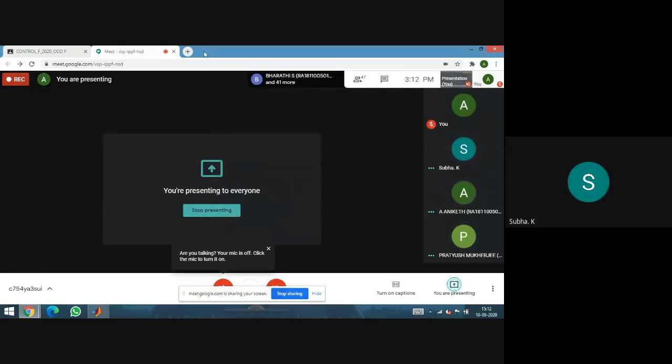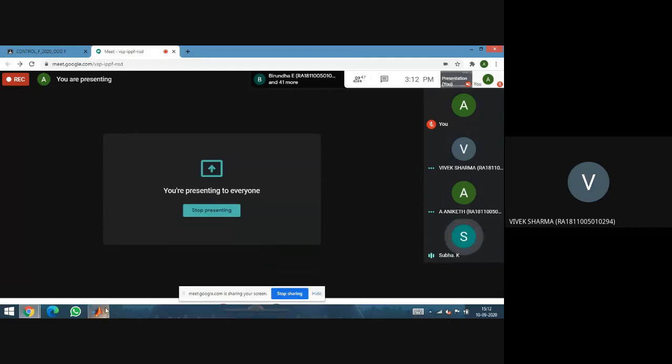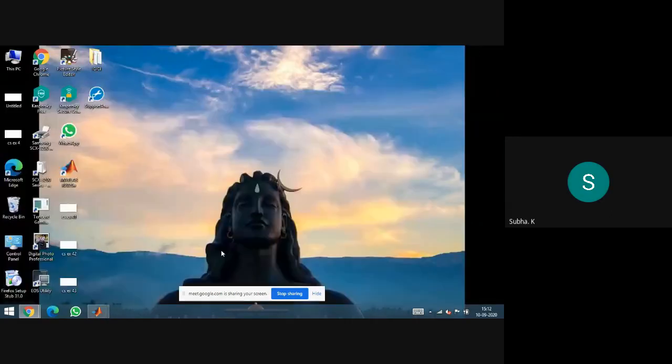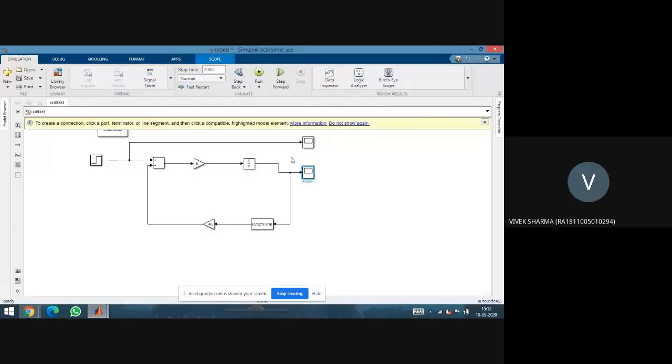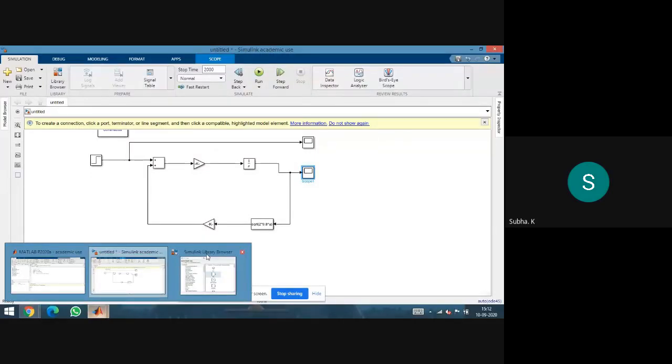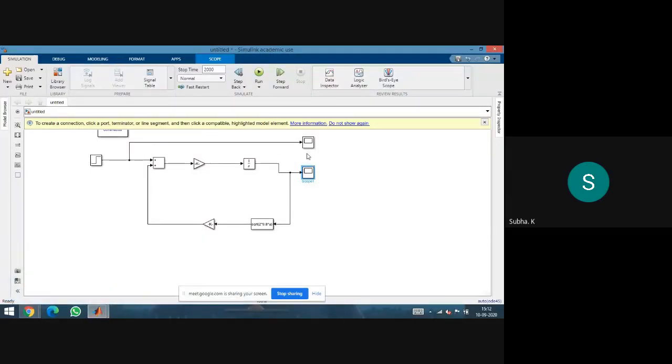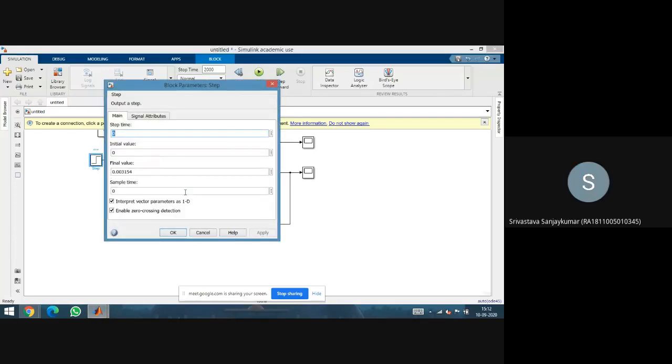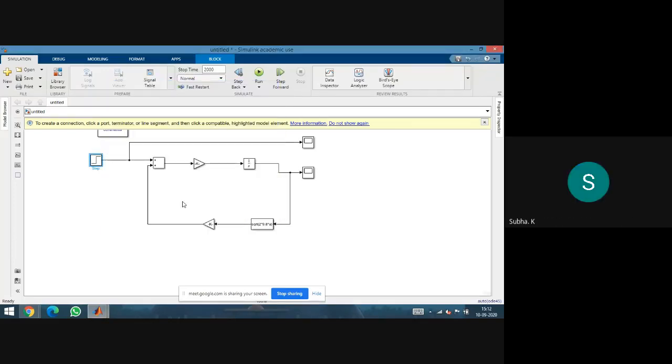I can't get one graph, ma'am. Who? Aniket. Let me see. I think Vivek you got the output now. Yes, ma'am, I got it. Aniket, you present. Let me check out the problem. This is Aniket's screen now. Yes, ma'am. Show. Did you add it? Yeah, added. Ma'am, his factor is plus, ma'am, plus minus. Yeah, make it negative feedback.